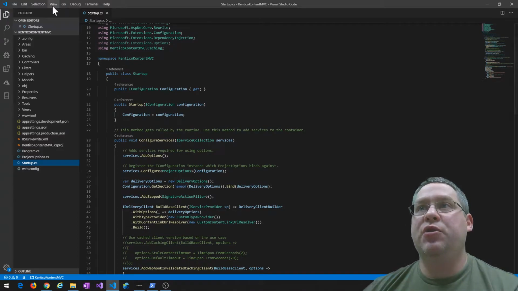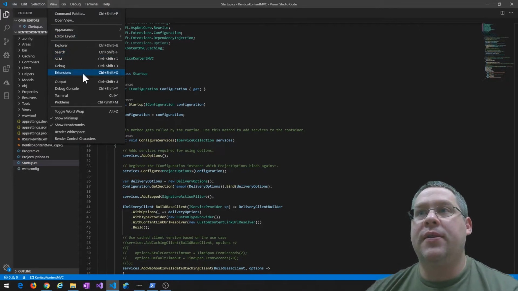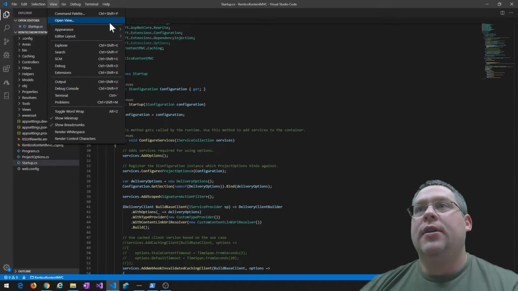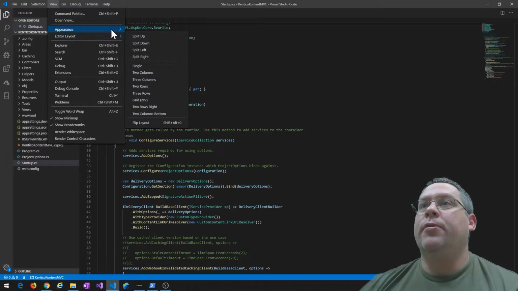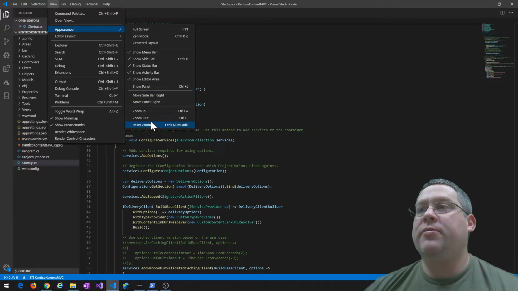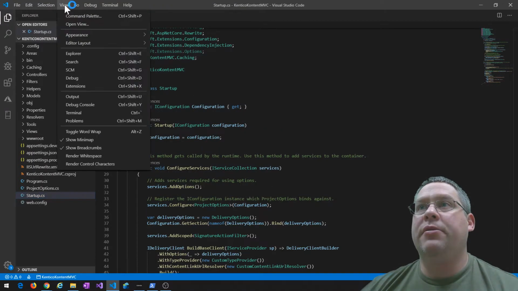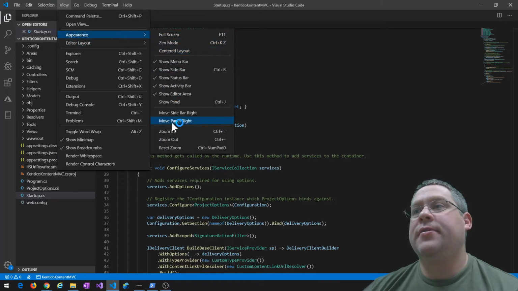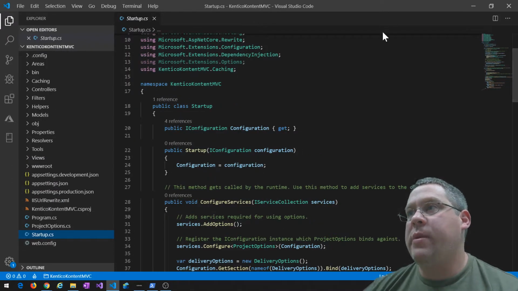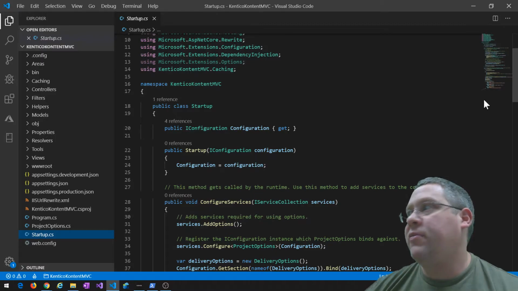And in fact, I'm going to zoom in a little bit for the people who are watching on the YouTube channel. Oh, Visual Studio Code. Why is it always so hard to remember where to go to zoom? There it is. Zoom. It's a little bit bigger. Maybe we'll do it one more time. Appearance. Zoom in. One of these days, I promise I will remember actually how to zoom in with keyboard, but